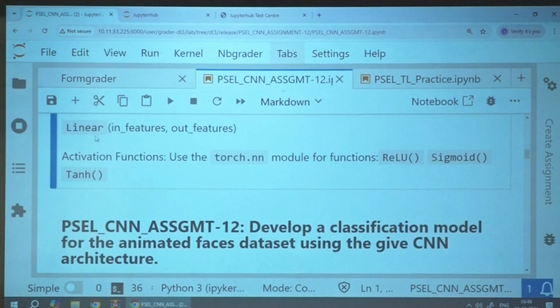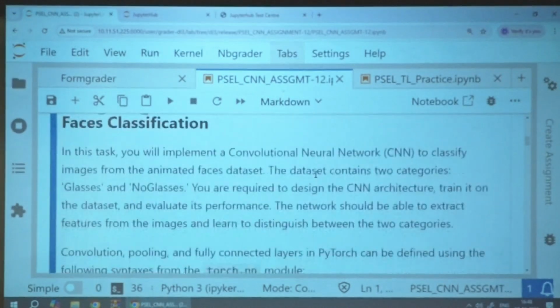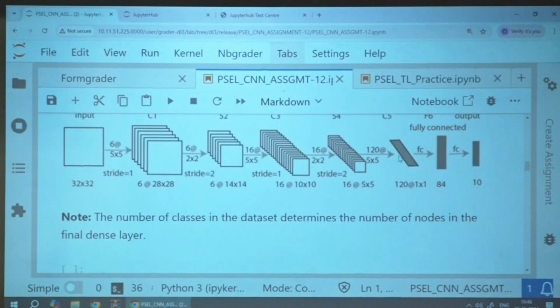Next, define a linear layer, the fully connected layer. How many fully connected layers are we having in our architecture? 1, 2, 3. Once the flattening is done, it goes 120, 120 to 84, 84 to your number of classes. Yes, 84 instead of 10.